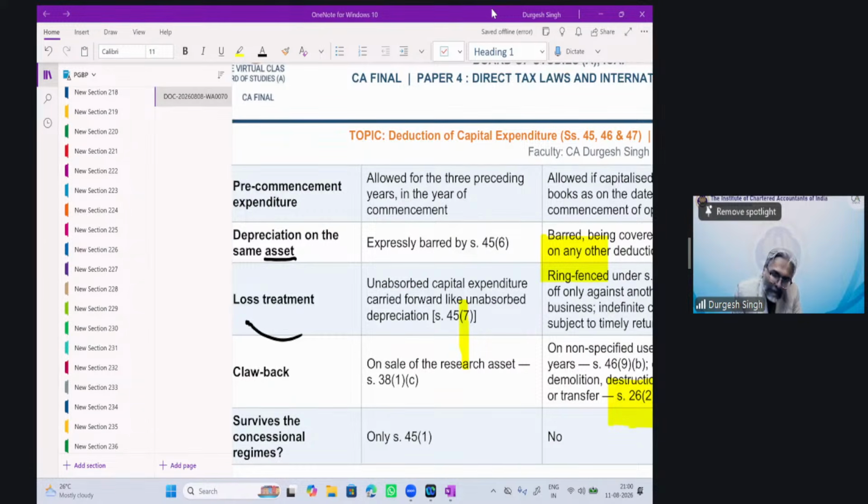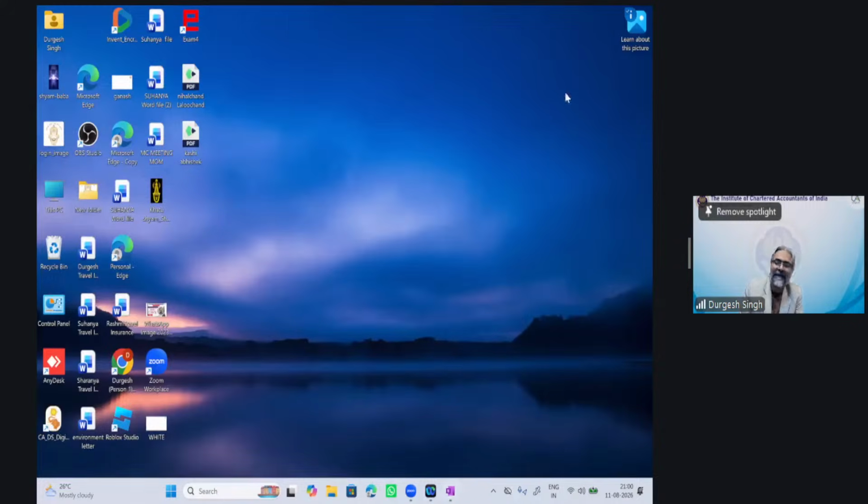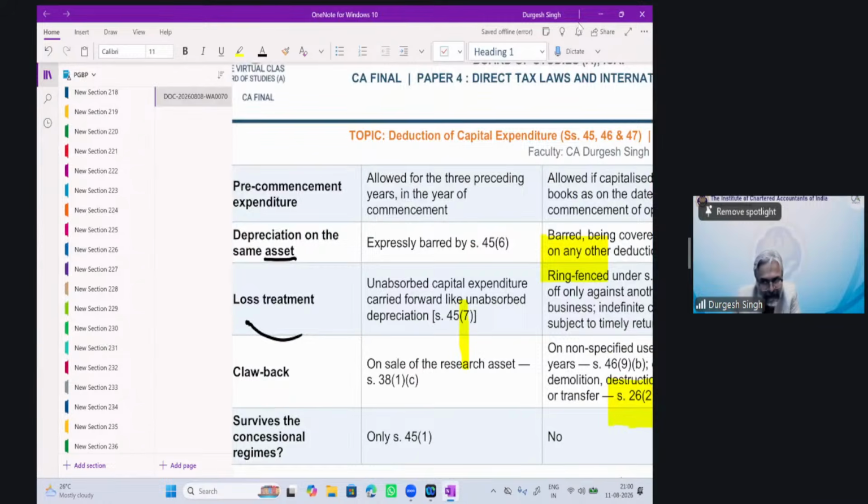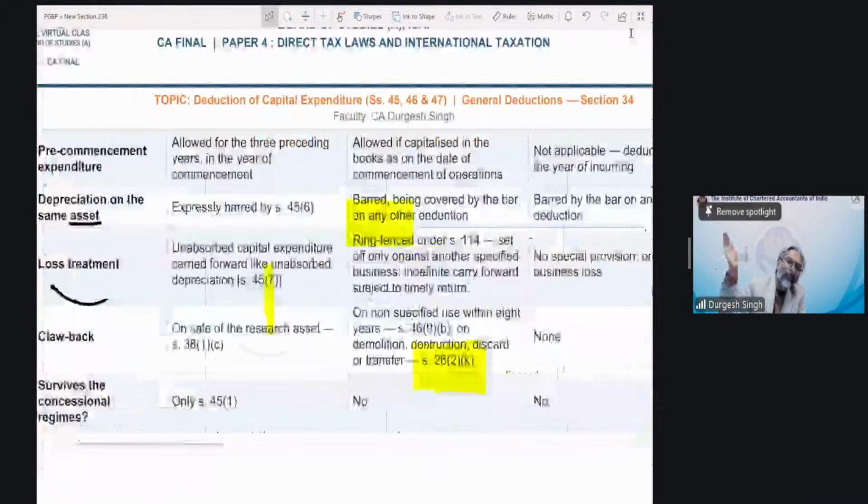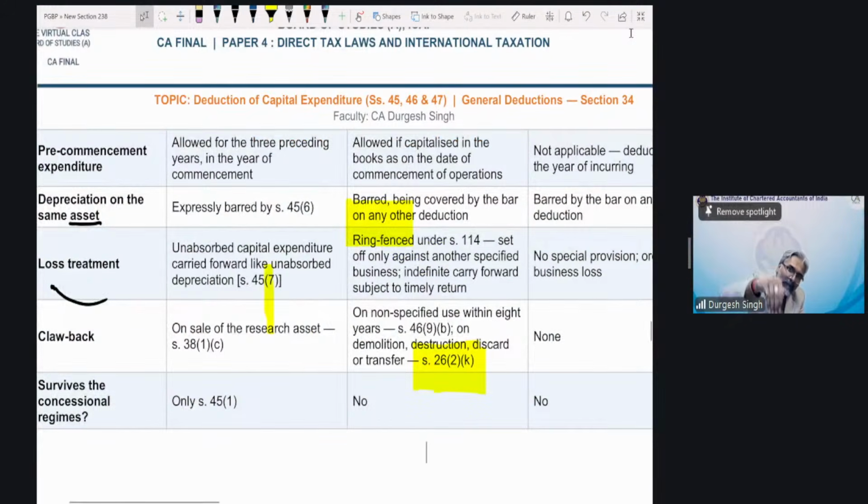The normal depreciation route is there. Sir, you were also explaining that for scientific research expenditure, the deduction is 100%, so there is no point of depreciation, right? Perfect, no depreciation on the scientific research asset, not on the business asset. On the business asset, you will continue to claim depreciation. Only on the scientific research asset, because you already took the deduction under 45 subsection 1, where is the point of claiming depreciation? The amount has already become zero after claiming it. The actual cost is nil. Okay, sir, got it.